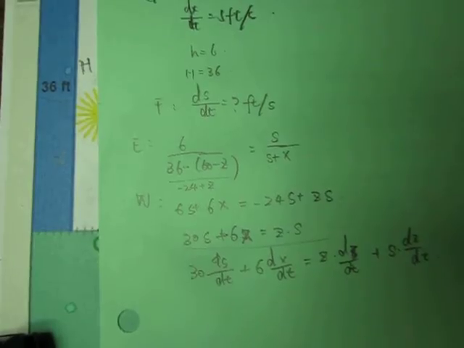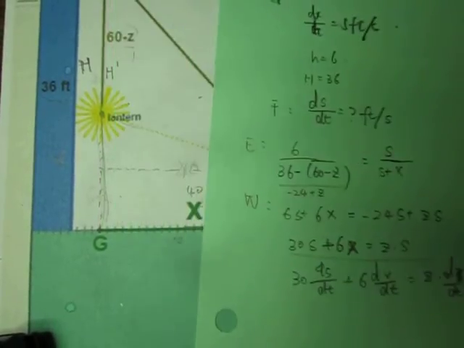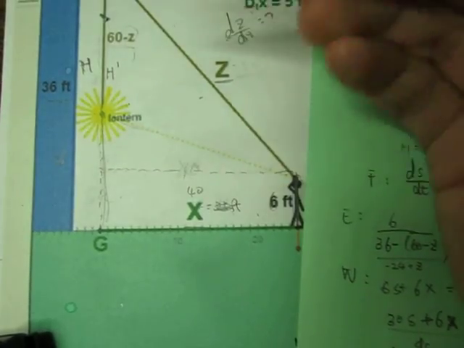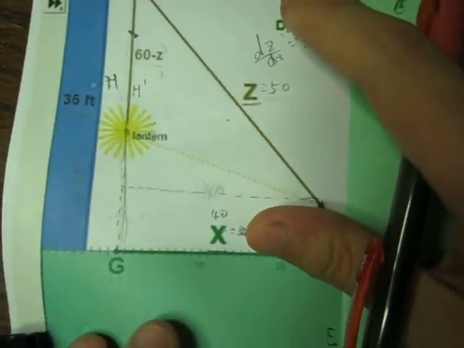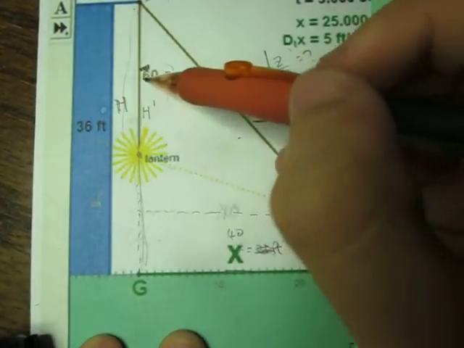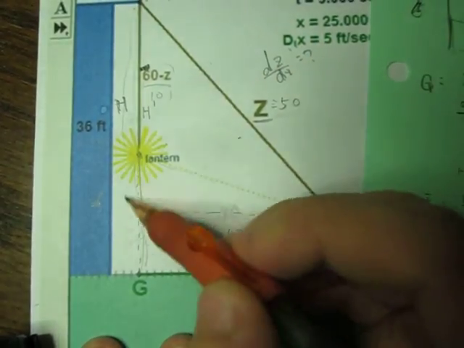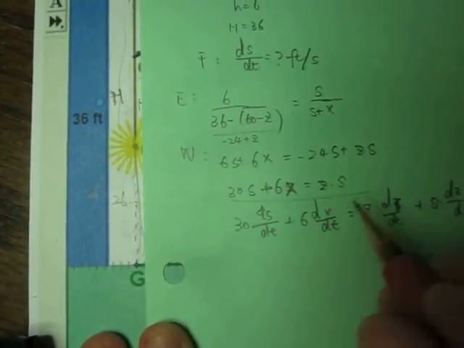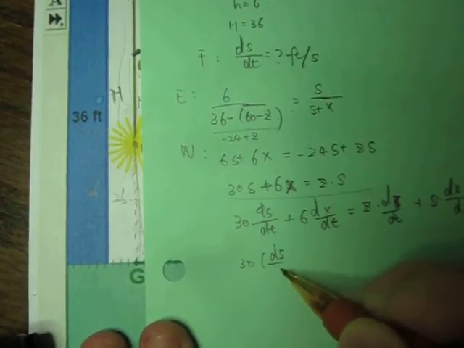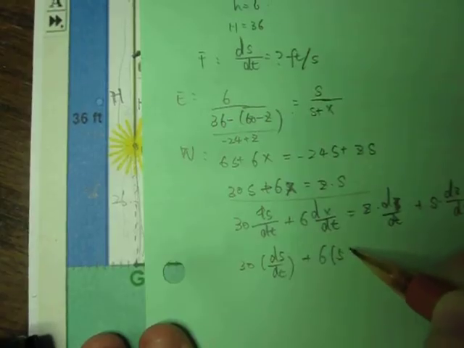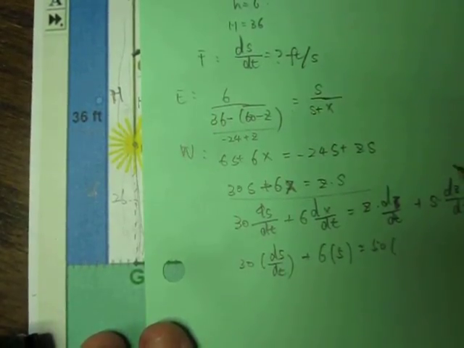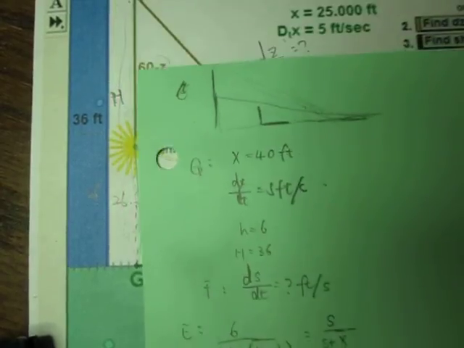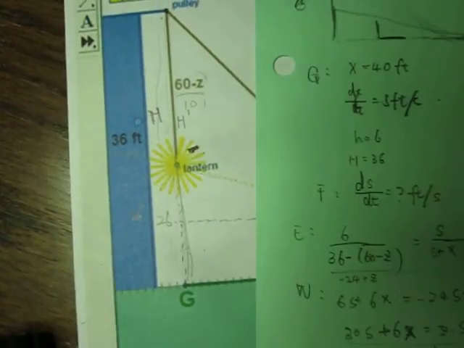Okay, and at that time, when x becomes 40, and this one is always 30, so at that time j should be equal to 50. So if j equals 50, this part is 60 minus 50, which is 10. So this one should be equal to 26. And we want to find this one: 30 ds/dt plus 6 times 5 equals j is 50, ds/dt plus s, but we don't know the s, so we have to plug into the original function here,